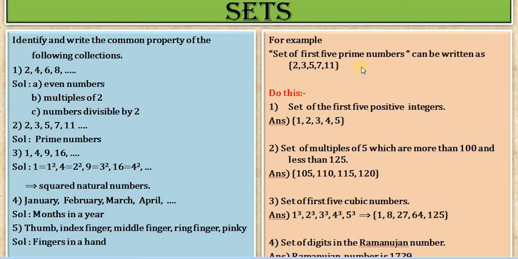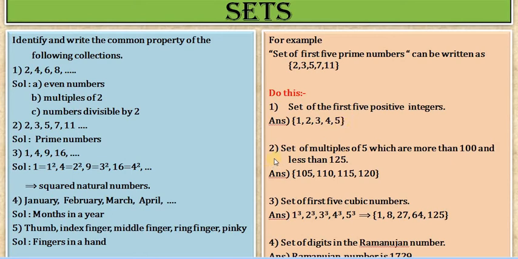Now in textbook I am taking some examples or some problems or some parts as it is, so that you can write notes in proper way. Now do this. Set of first 5 positive integers. How do you write this? Positive integers means, so integers in general, negative values, 0 and positive natural numbers, isn't it? Now among these you have to take first 5 positive integers, means bracket 1, 2, 3, 4, 5.